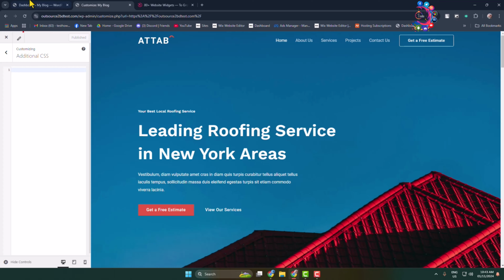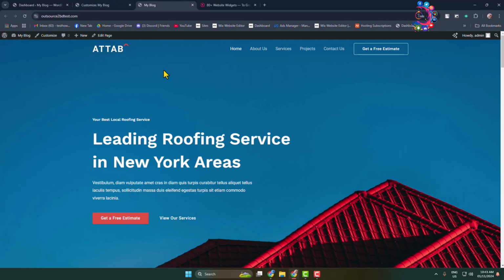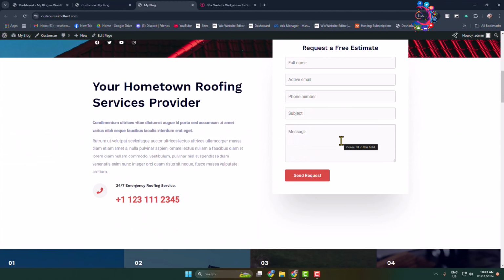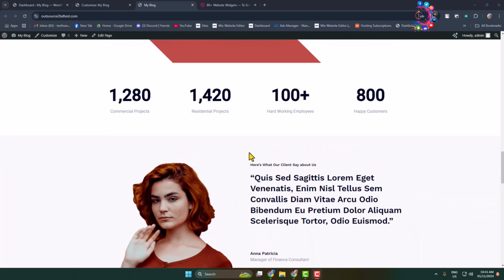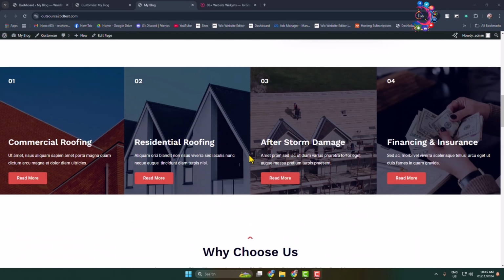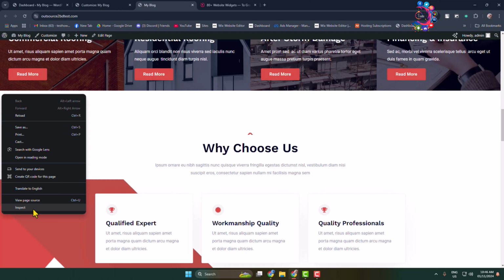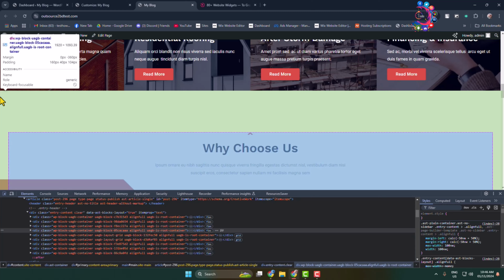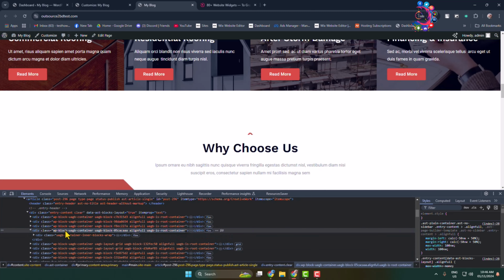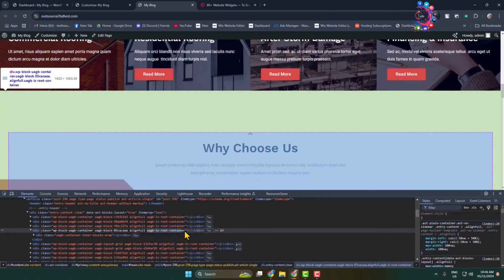customization panel open, and now you have to open your WordPress website in a different window, just like so. And now go to the light section you want to make dark. Now we have to copy the section ID name or class name. So all you need to do is right click on the section and click on inspect. And here we can see the section class name. So copy the section class name from here, or you can copy the ID